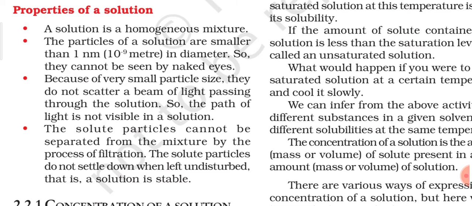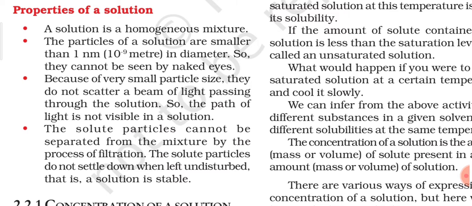So the meaning of scattering of a beam of light you can understand by taking the example of a dark room in which sunlight is entering. So what happens when sunlight is entering in a dark room? You can see that the path of the light becomes visible to you, and you can also see that the path of the light becomes wider and wider. So how does the path of light become wider and wider? It is because of scattering.